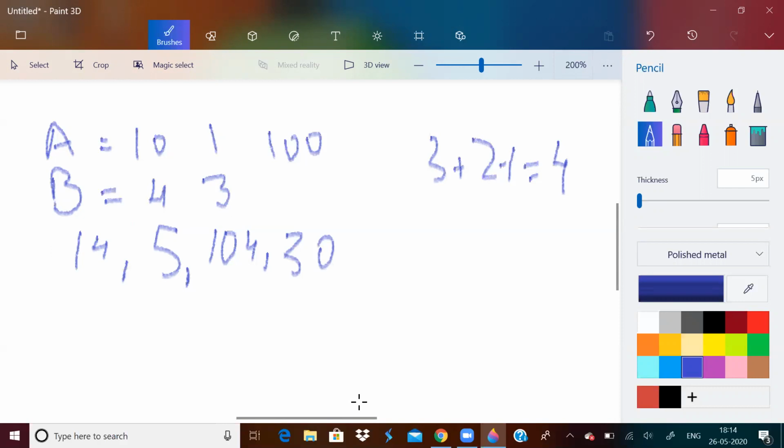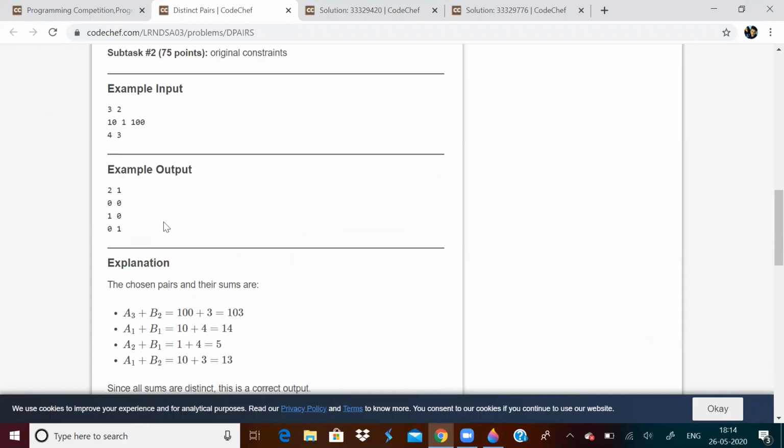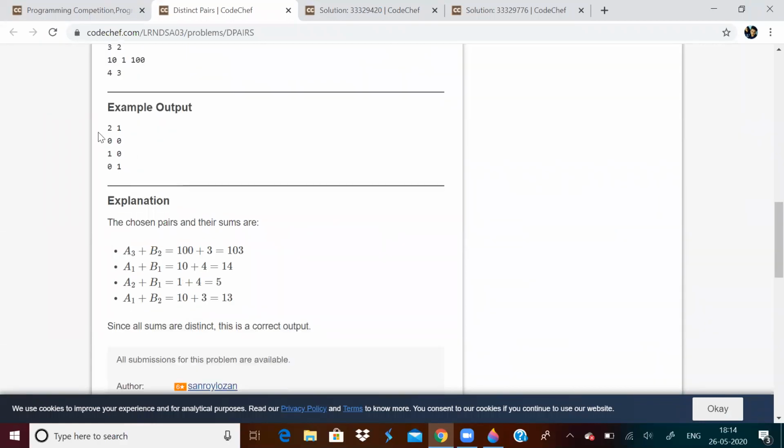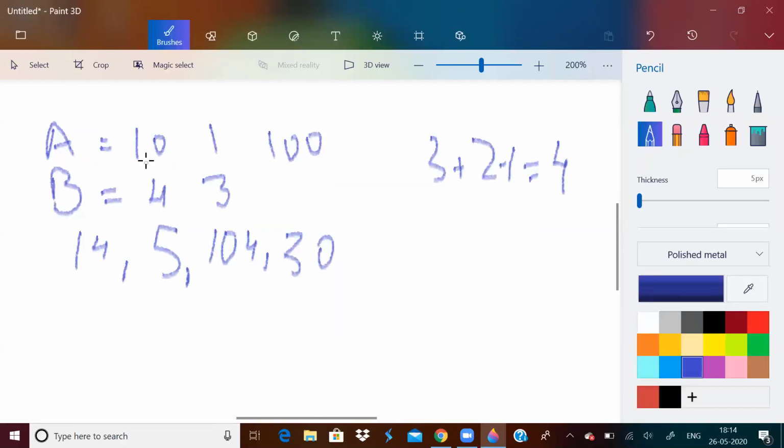What am I supposed to print? I am supposed to output the indices x and y of the selected pairs. So in this case, my output will be what?